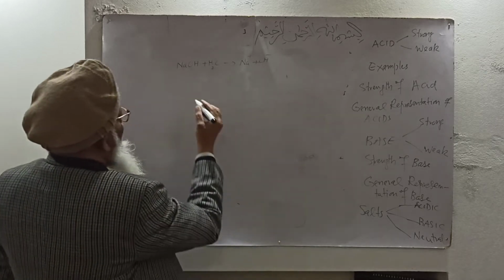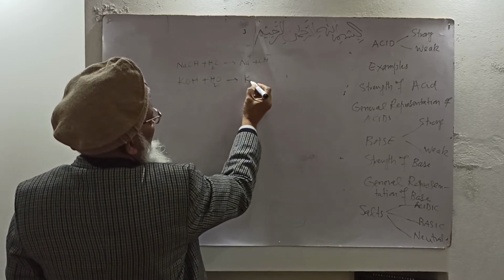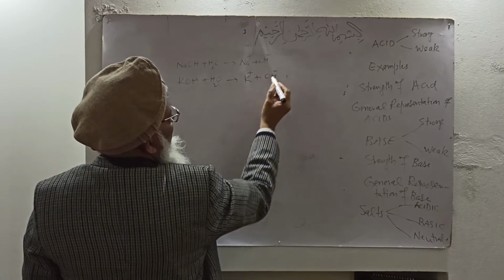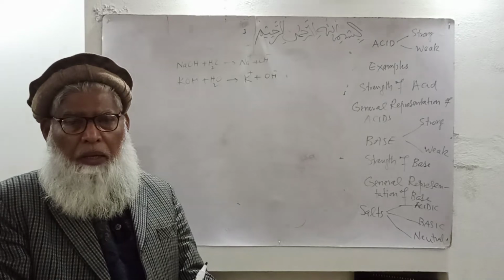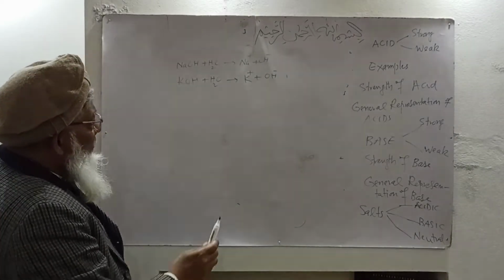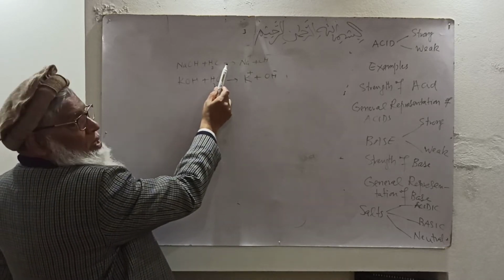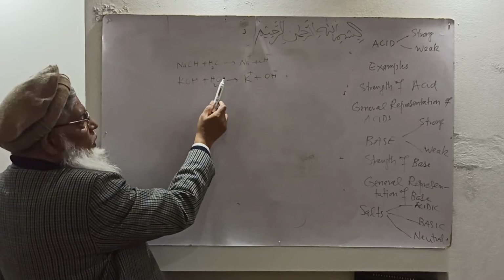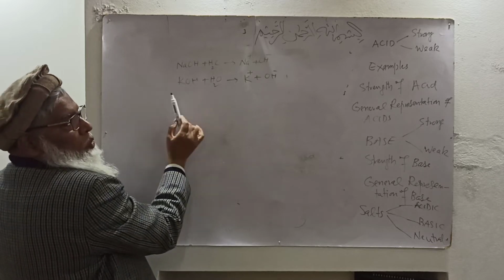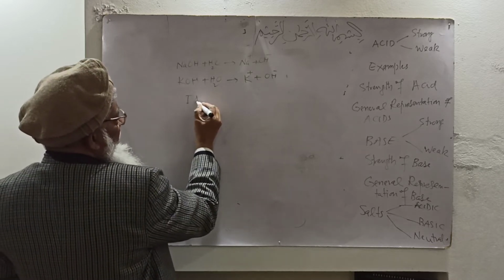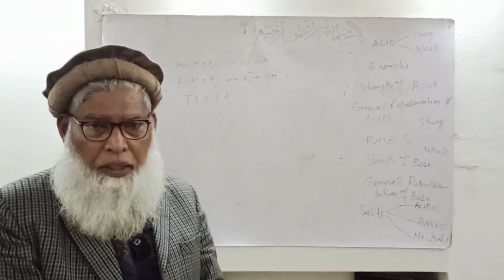Similarly, potassium hydroxide, when it is added to water, gives potassium ion and hydroxyl ion. Because these two are strong bases, they are completely ionized in water. Therefore, these are shown by a complete arrow. There is no sign of reversibility, no partial dissociation of these bases. So the bases of the first A and second A groups, alkali and alkaline earth metals,